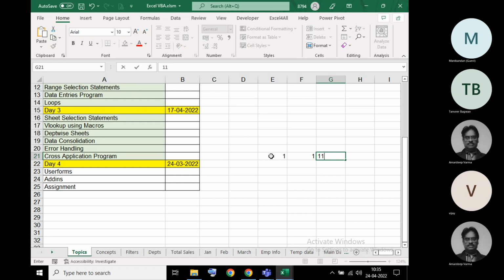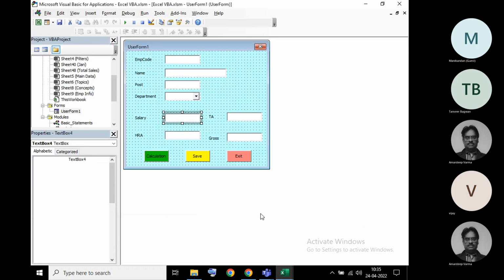So this can give a wrong result. So before we do calculations on the text boxes, we'll convert them to numerical values. So how do you convert that into numerical values? What you do is,